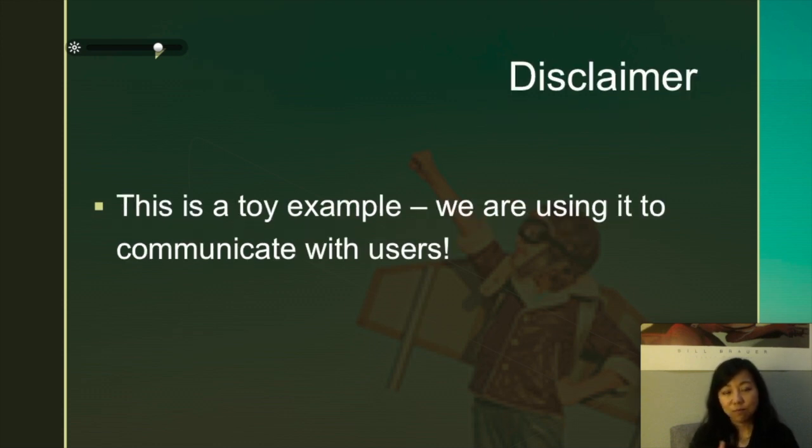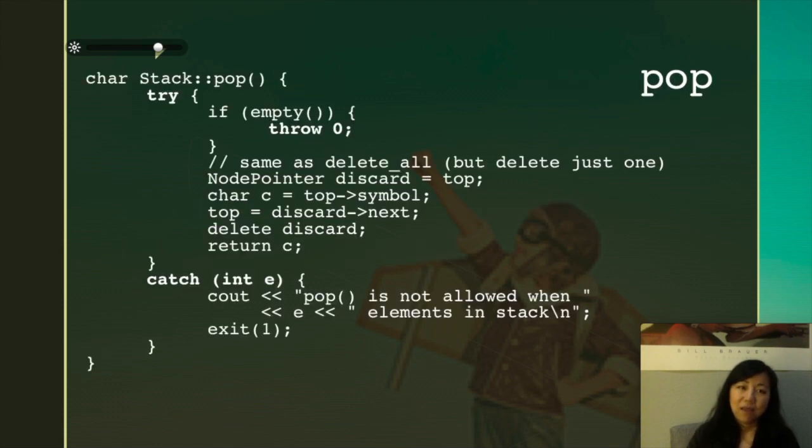Disclaimer though, what we are going to show here is a toy example where we are using exception handling to communicate with the users, which was what we said not to do. But I think it's appropriate here because that simplifies the example quite a bit, and so that you understand the concept easier also. In the first video of this module, we talk about how to use a simple try, throw,